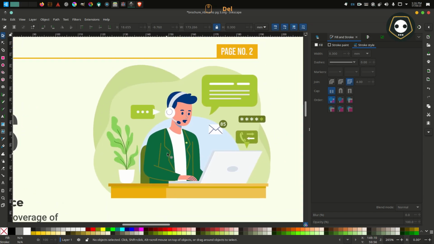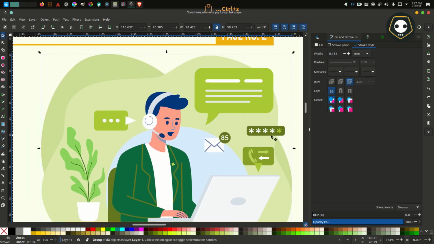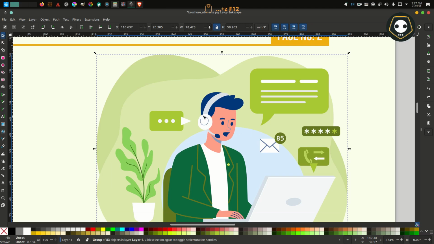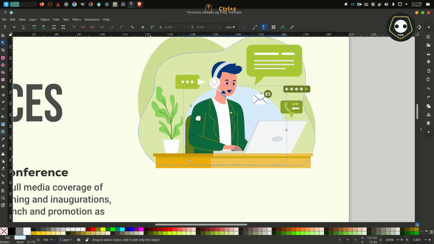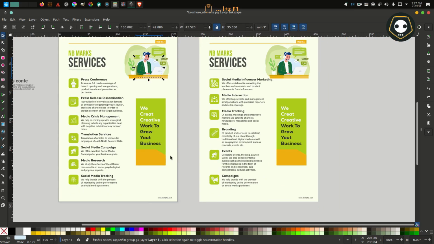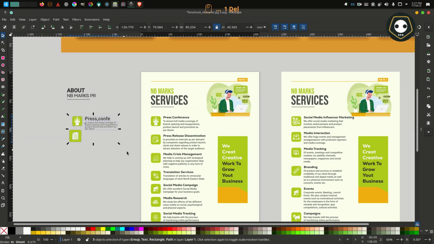You can see here, or if you want to choose this, it is separate, this is transparent. I have already downloaded it from Freepik. If you want to change this color, just press F2 or use the node tool. You can select every polygon separately. If you change this color, you can see here the color already changed. This is the main technique I have, using this technique to get this job done.